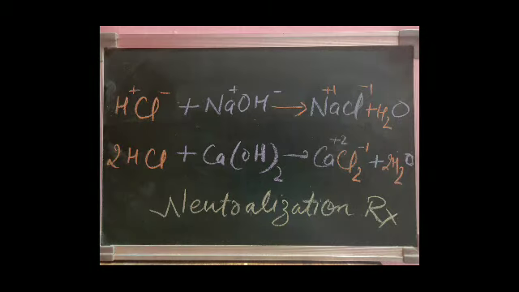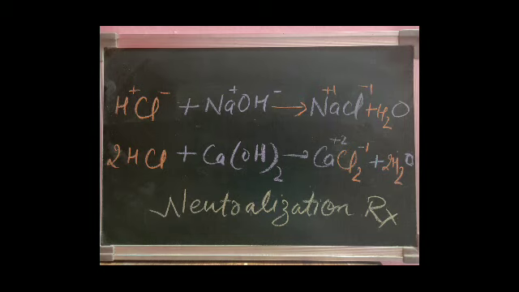As we know, water is neutral, but how can I say that NaCl is neutral too? If we see NaCl, in this salt Na has a positive 1 charge and Cl has minus 1 charge. As both the charges are equal and opposite, they cancel out each other. So the NaCl which is produced here is neutral. Neutral means something which is neither acidic nor basic.